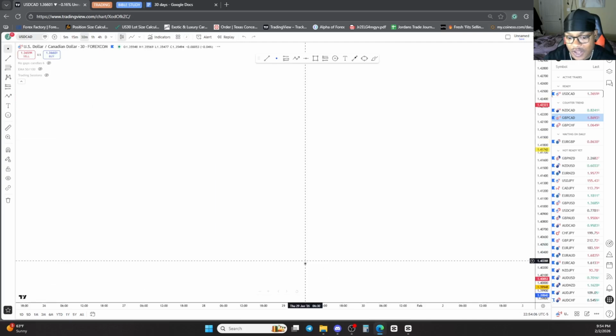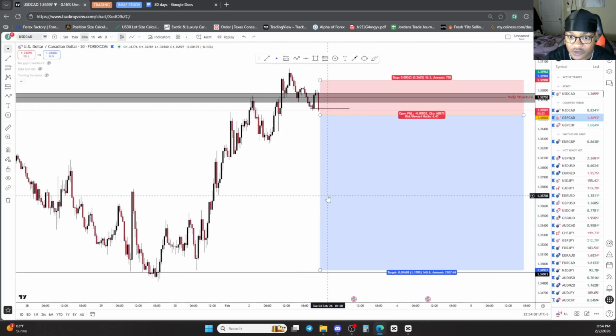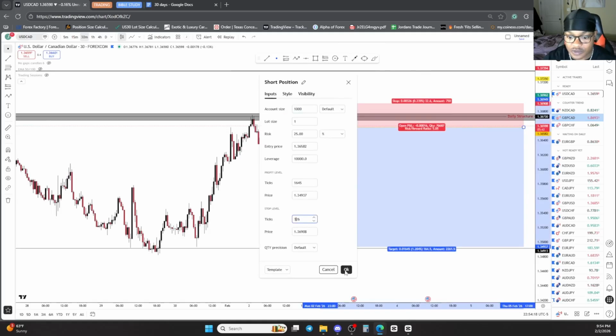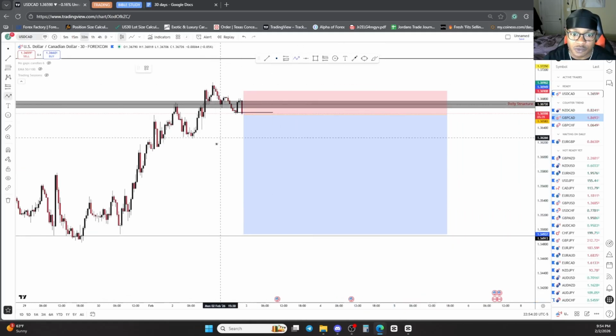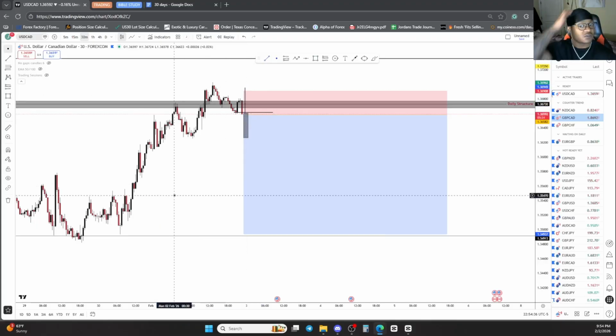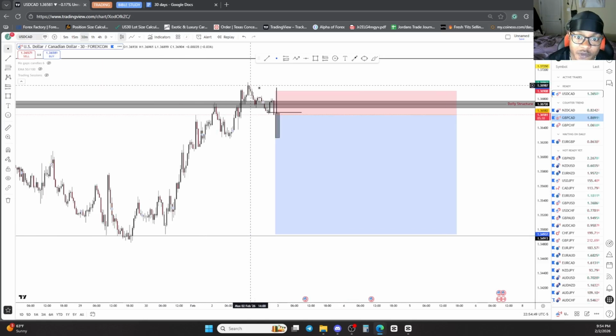But right now we're not having that, because say if we do enter, price is not giving me enough breathing room. This does not give me any breathing room whatsoever. So if price does give me this closure and we find an entry, price can easily have something like this where it wicks us out and then has that fall towards the downside. Based off of what price is doing right now, it will leave something like this, and it just doesn't look good. I don't want to take this trade. I'm not going to take this trade, bro. I got to respect my rules.